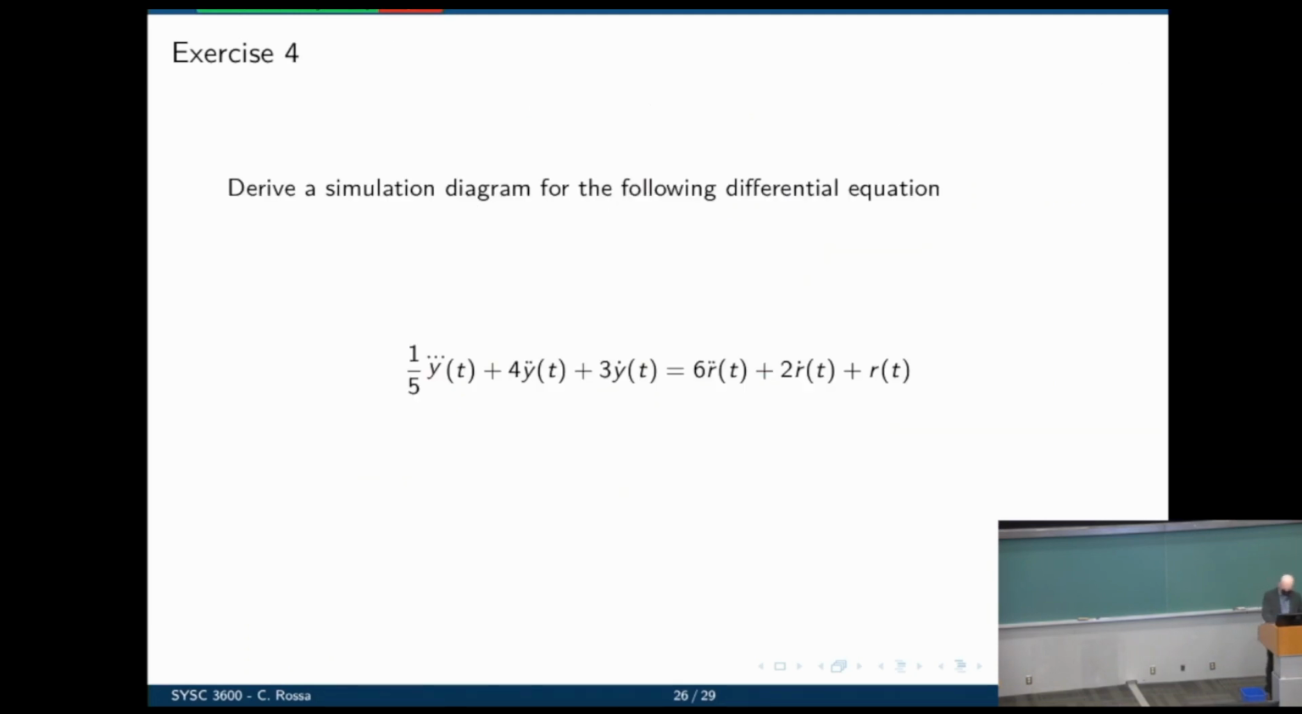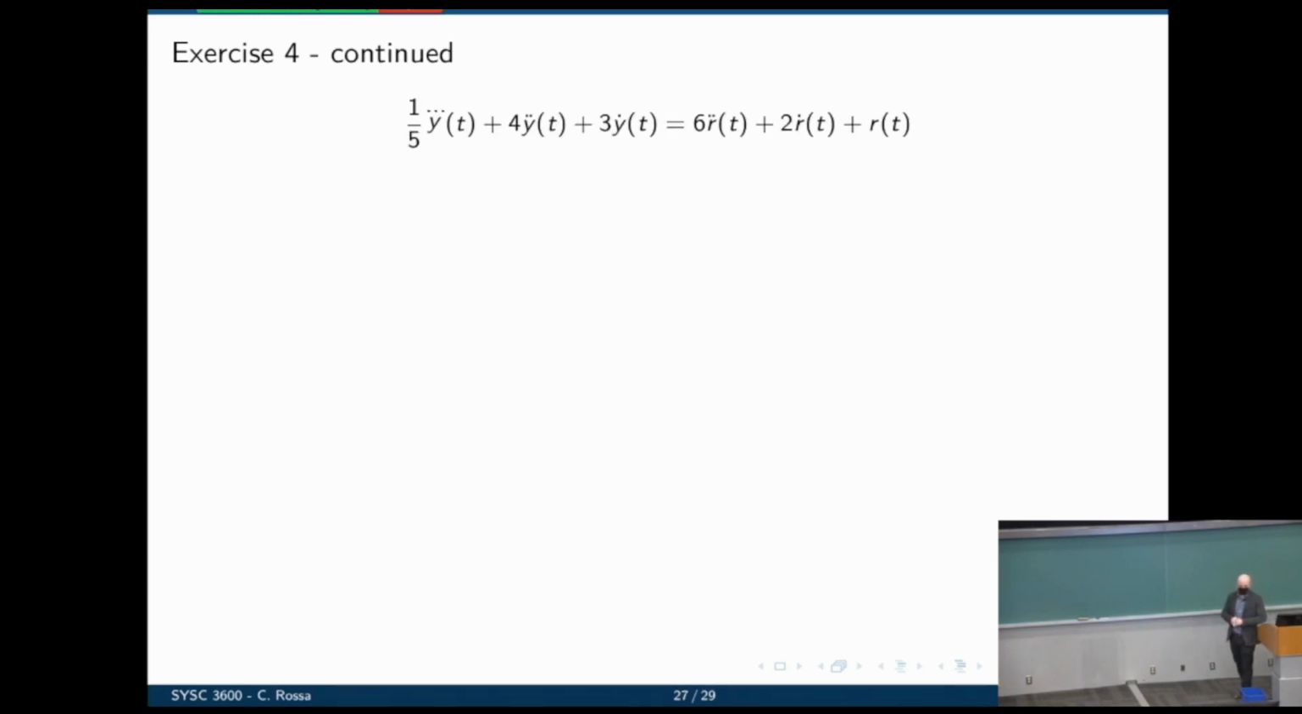Maybe let's do this one. Derive a simulation diagram for the following differential equation. What do we do first? How do we start? So solve for the highest derivative of the output. The output is y. So we are solving for the highest derivative of y. That's y triple dot,